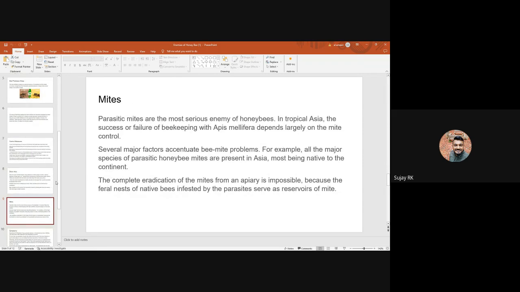वास्प और एंट्स के बारे में बताया, अब माइट्स। पैरासाइटिक माइट्स बहुत डेंजरस हैं, क्योंकि वास्प और एंट्स हमको फिजिकली दिखते हैं, उन्हें हम इजीली कंट्रोल कर सकते हैं। पैरासाइटिक माइट्स में ये एक हनी बी को अफेक्ट करे तो दूसरी हनी बी को भी उसकी वजह से इन्फेक्शन होने के चांसेस बहुत हैं। इसलिए माइट्स कंपेयर टू वास्प एंड एंट्स थोड़े खतरनाक होते हैं। नेक्स्ट वन।